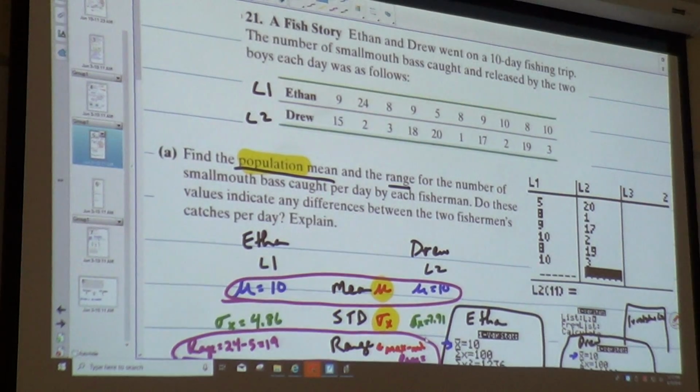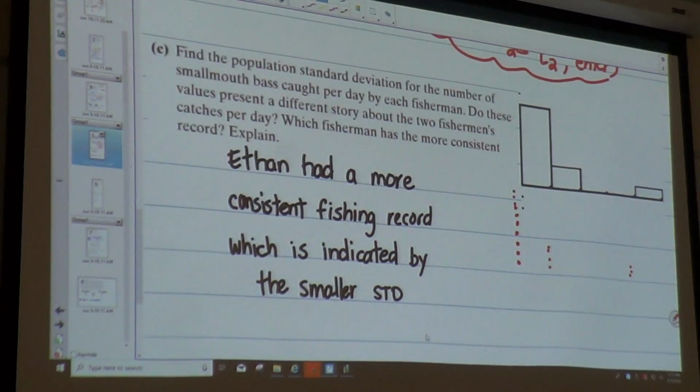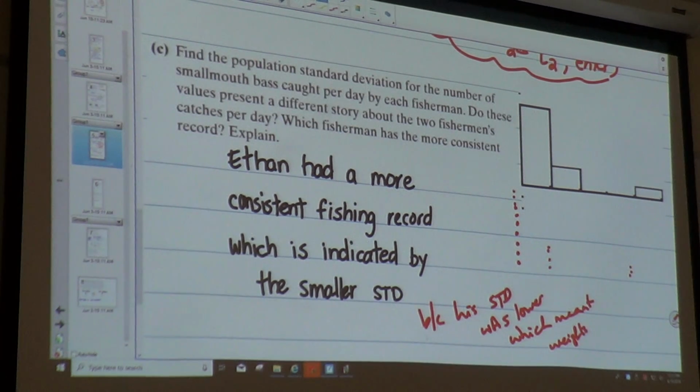So, for this problem, Ethan was more consistent because his STD was lower, which meant the weights were